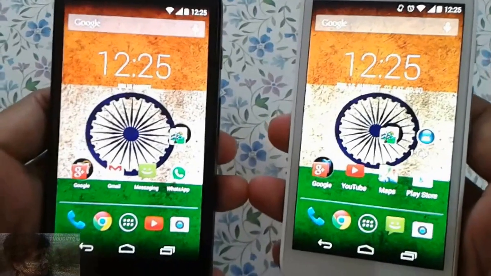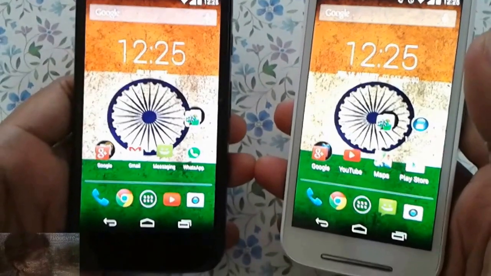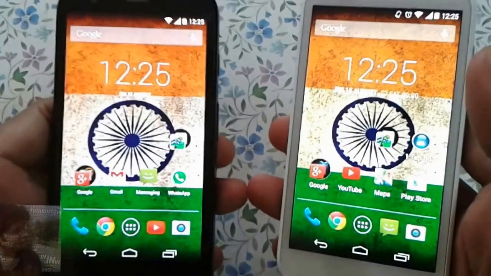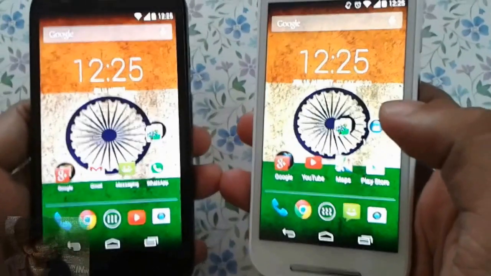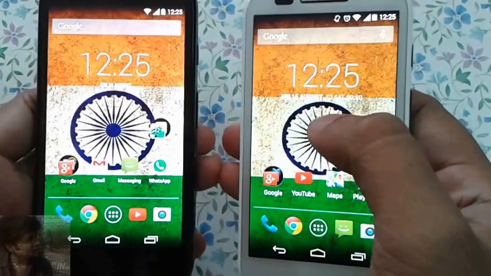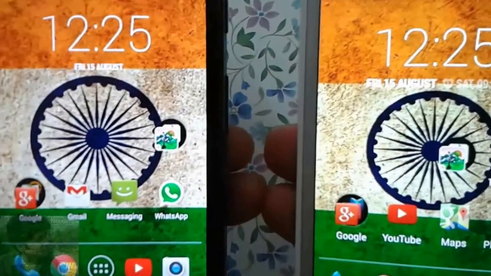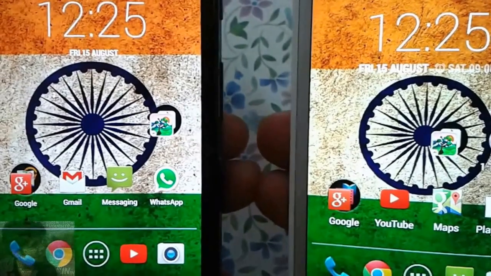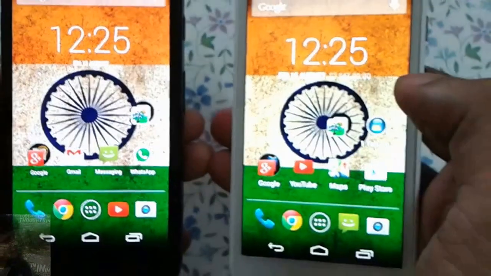So now the main question is, how much do you have to sacrifice if you're saving 3,500 rupees, because now the Moto G is available in 10,500 rupees, which is the 8GB variant. So my verdict will be that firstly you will have to sacrifice in the screen quality, because Moto G is providing a very nice crystal clear display with a nice PPI, whereas when you directly compare it with Moto E, it is not that good.